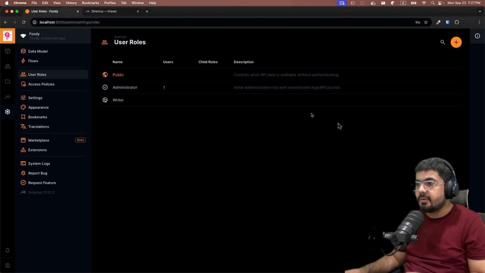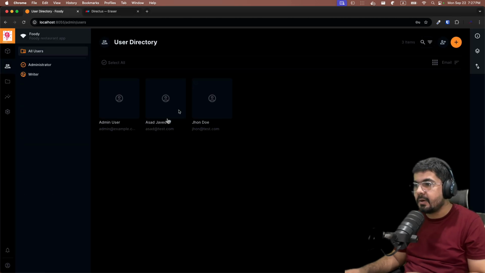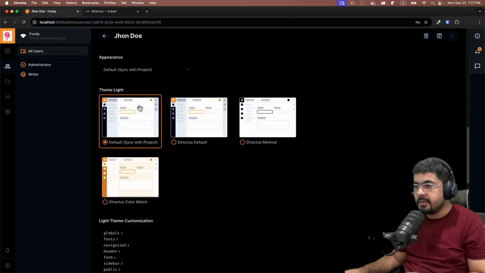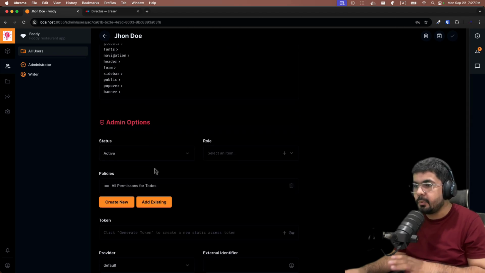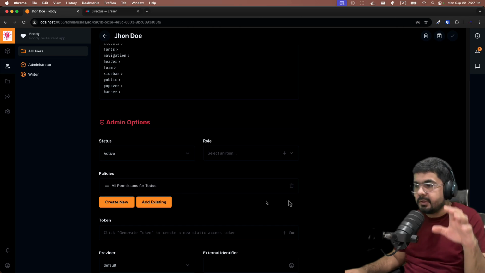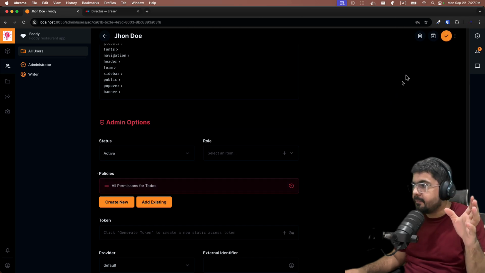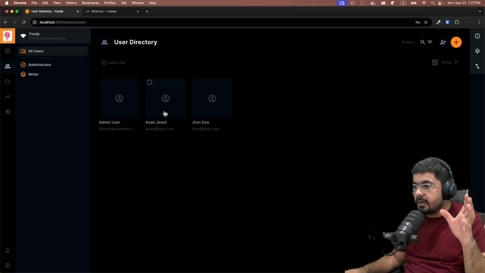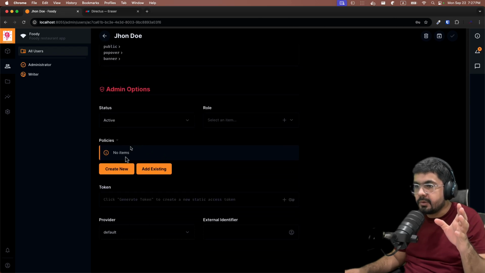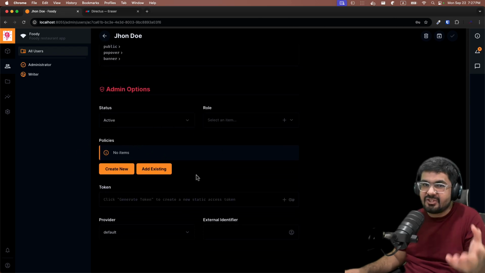So now let's go back to our users, and now let's go with John Doe. And now let's scroll down to admin options, and right over here you can see that we have granted access policies, right? Now what we can do is we can just delete this thing over here, okay? And let's save this thing. Now let's go again, and if you scroll down, you can see that we have not attached any access policies